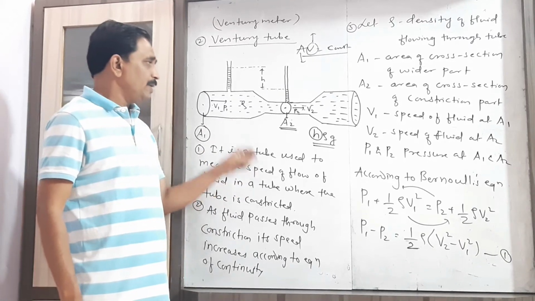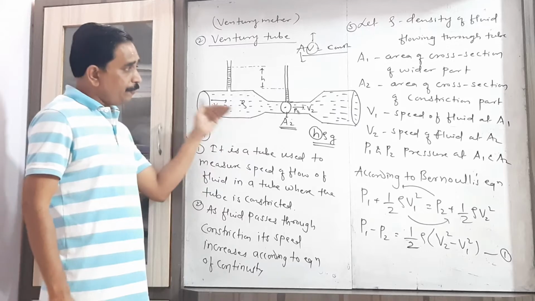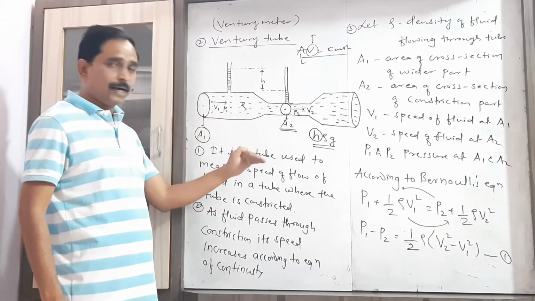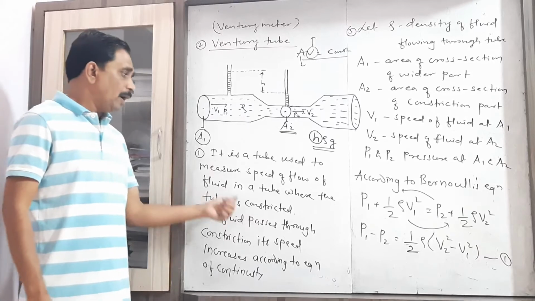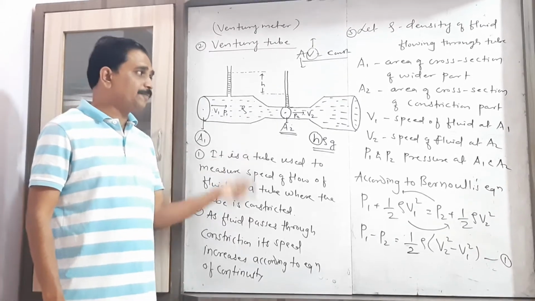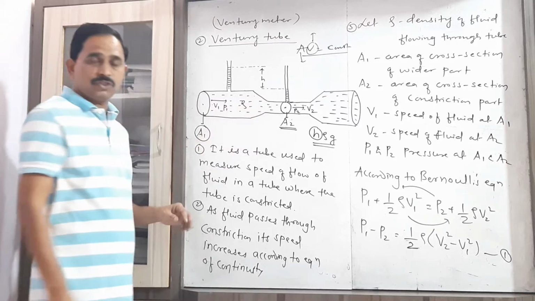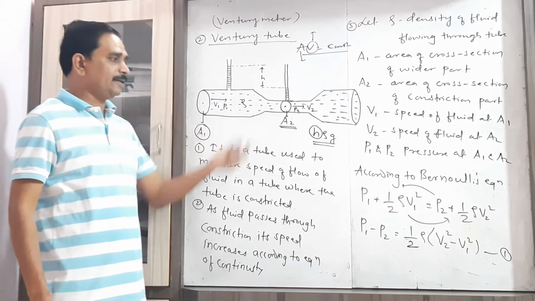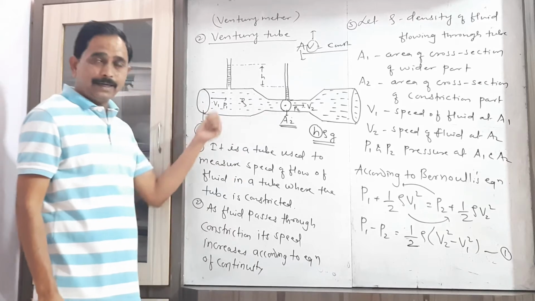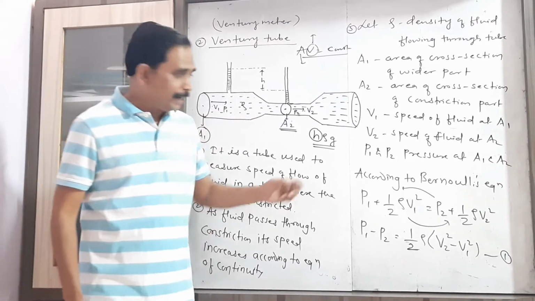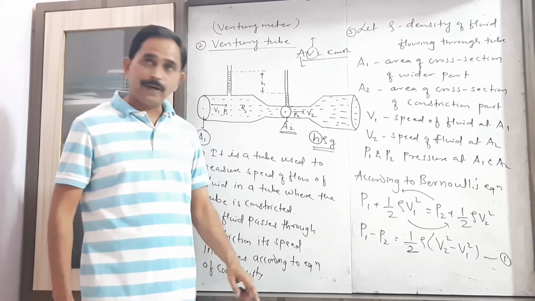Here we have to determine the speed of the fluid which is flowing through the narrow part. That narrow part is called the constricted part. Now how do we measure that speed? Again by considering the two areas of cross section, one larger and another smaller. You have to consider 2 points at those two areas of cross section, and write Bernoulli's equation for those 2 points.